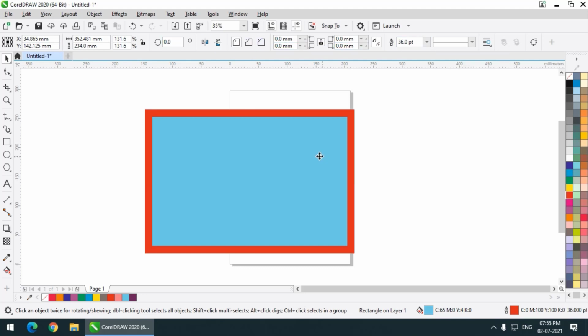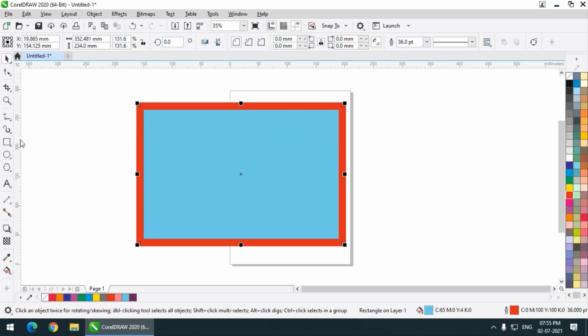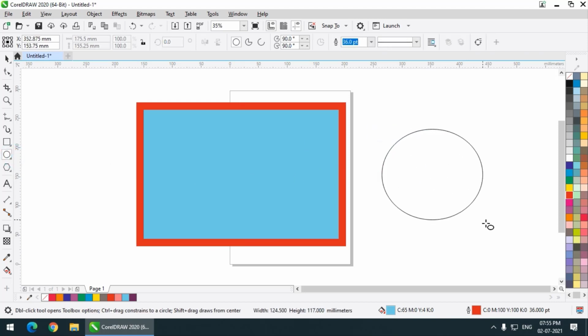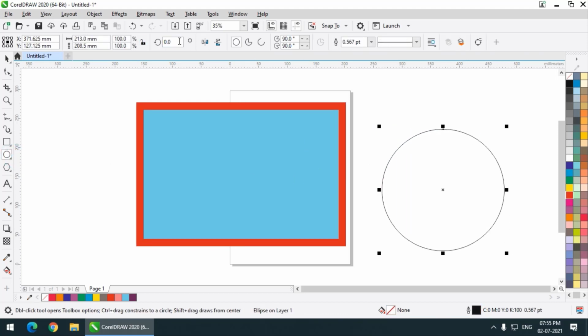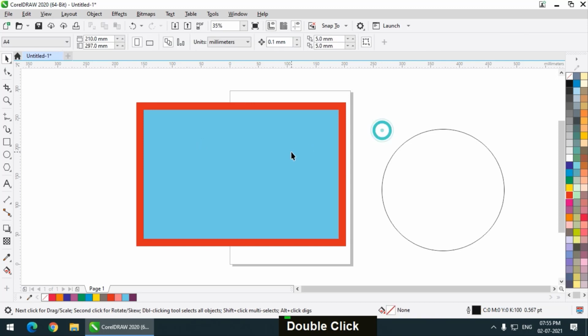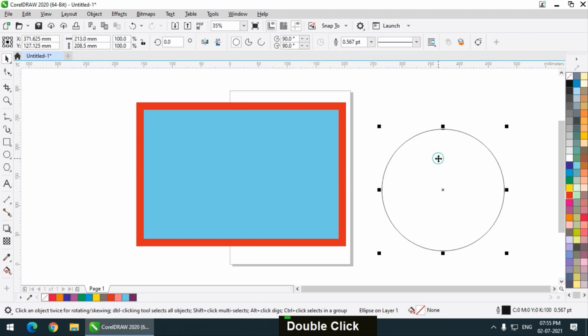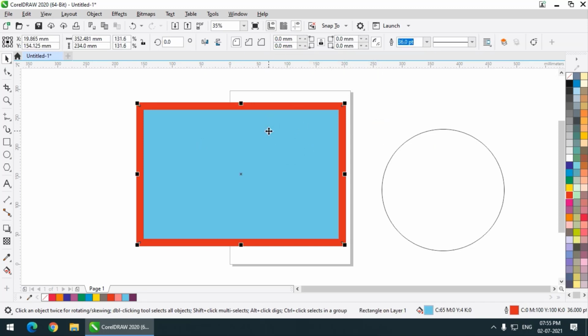We are going to see this one by one. For rectangle, it is different. Let's say if I choose ellipse, then we have some different properties for ellipse, but the outline properties are pretty much the same. But these are the different properties when we compare it with the rectangle. These are the properties for rectangle and these are the properties for ellipse. So we have different properties for different shapes. So basically these are the properties of this particular object or selected objects.